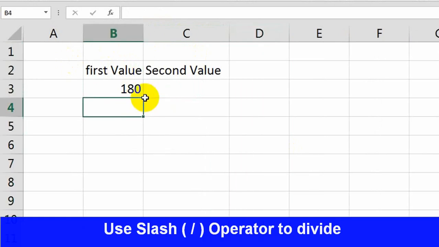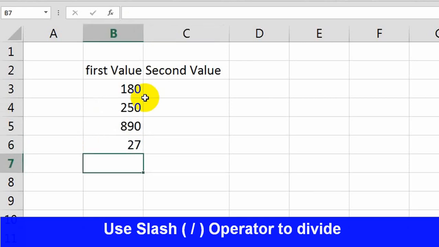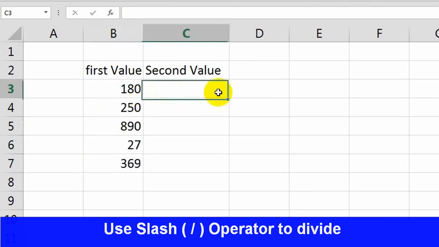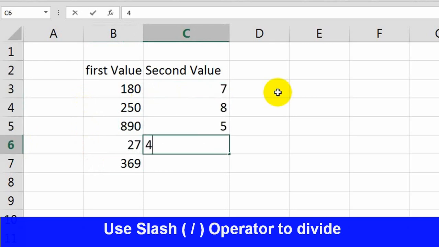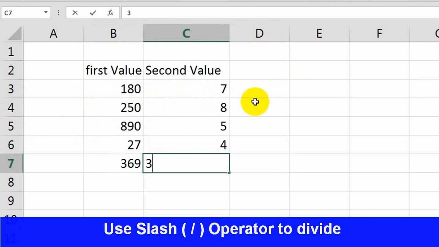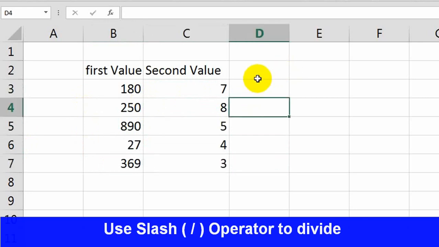Now let's type some values. Okay, now let's divide this value by 7, 8, 4, 4, 3. Okay, now the result.